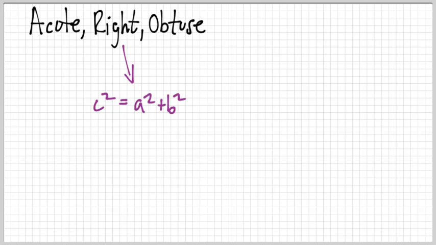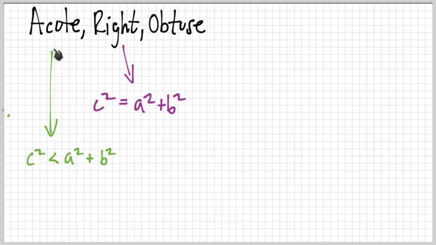Okay, so if c squared doesn't equal a squared plus b squared, there are two options. The hypotenuse squared can either be bigger or smaller. One of those is for acute, one is for obtuse. And actually for acute, it's smaller. If c squared turns out to be less than a squared plus b squared,